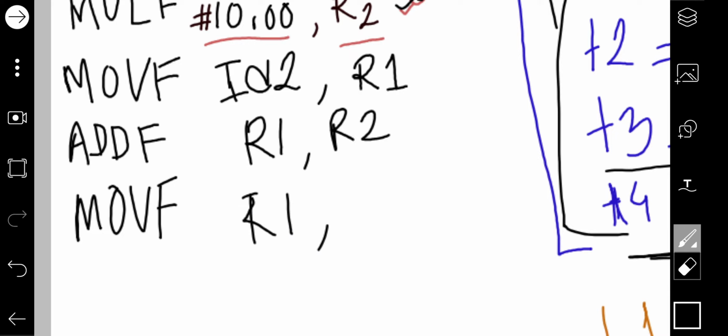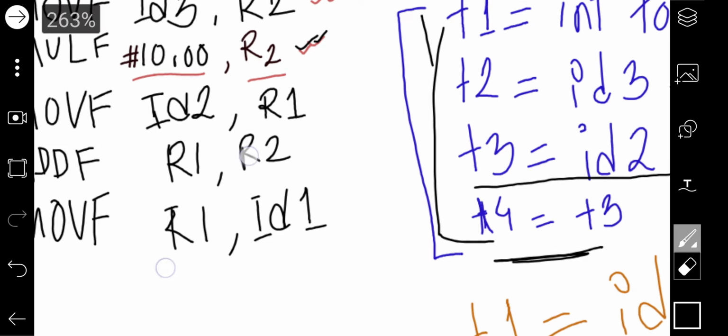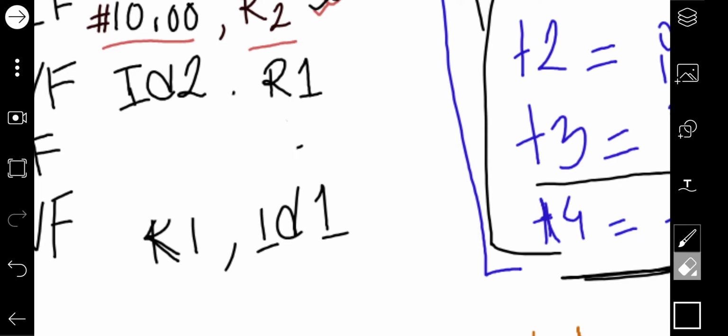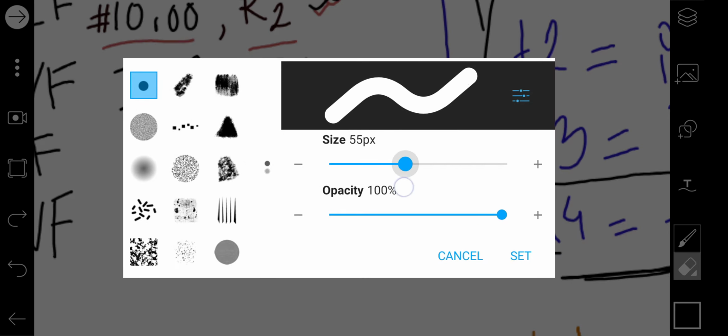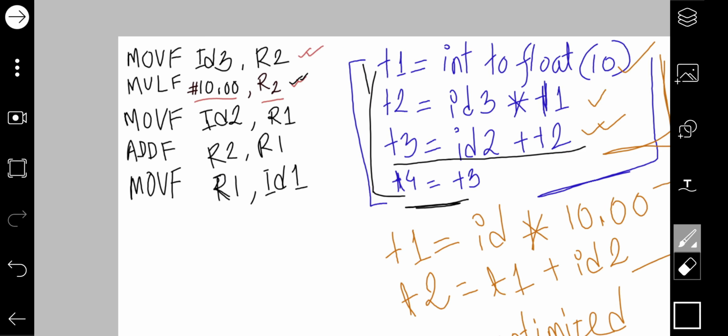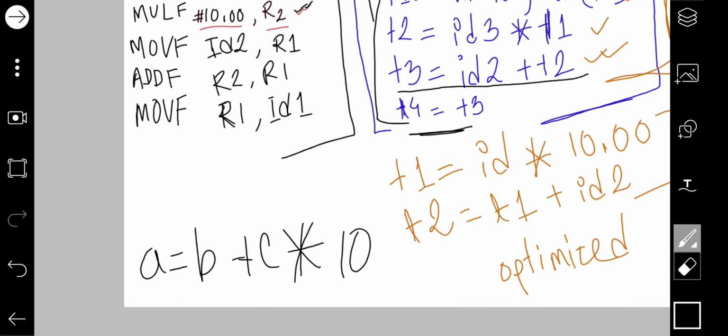Earlier I wrote a simple piece of code, A equal to B plus C into 10. When you are writing this one line, the computer actually understands these 5 lines. The computer doesn't understand this one line. It will go through all these phases to finally make the machine codes of these 5 lines.